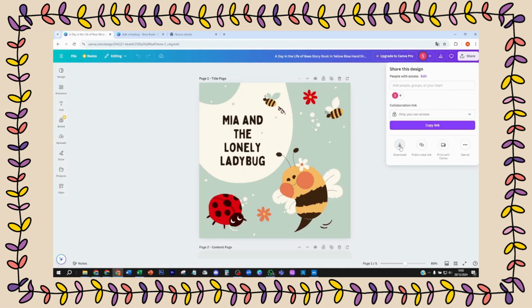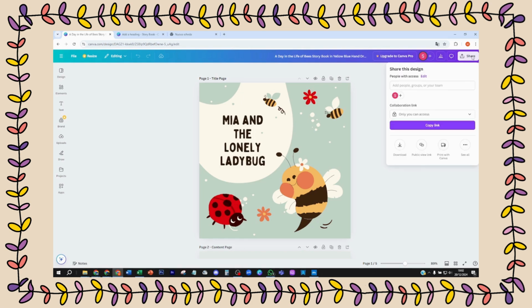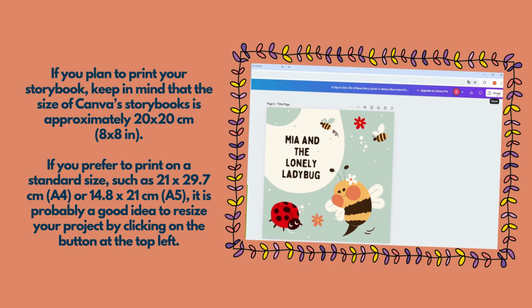Finally, it's time to share your storybook. Click Share at the top right and select Download. Choose your preferred format. PDF is usually best for storybooks. If you plan to print your storybook, keep in mind that the size of Canva's storybooks is approximately 20 centimeters by 20 centimeters, 8 by 8 in. If you prefer to print on a standard size, such as 21 by 29.7 centimeters, A4,